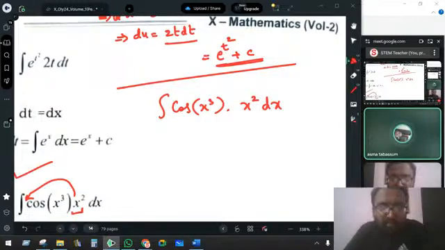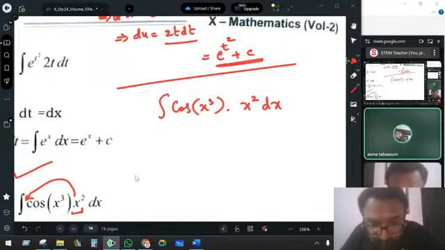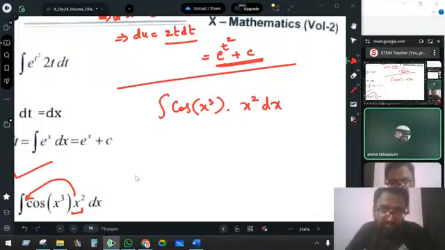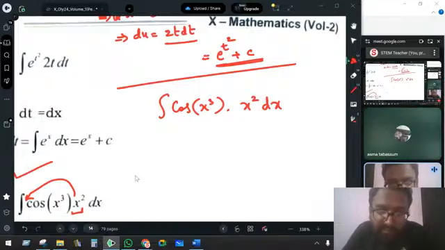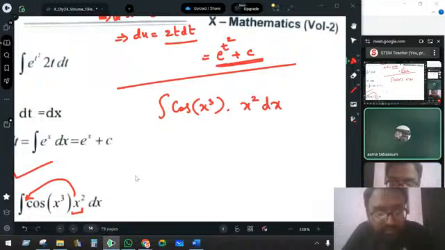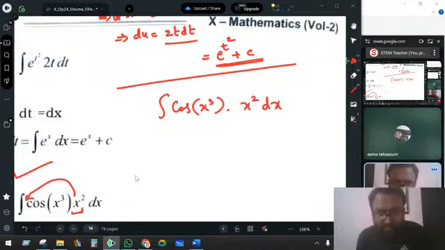Consider cos x cube. Which term has to be considered as t? You can't consider the entire cos x cube as t. Sir, x square. If you take x cube equals t, let x cube equal t, then